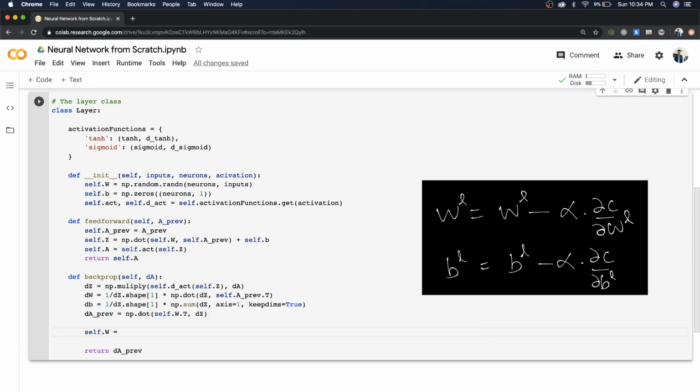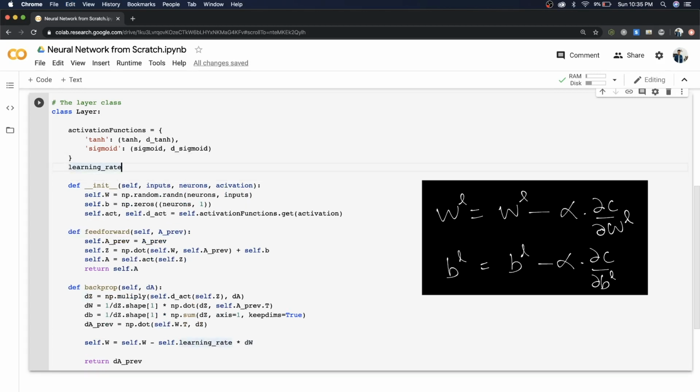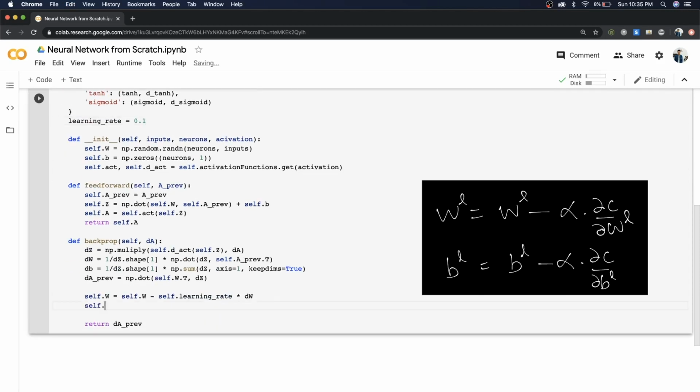So self.weights is equal to weights minus some learning rate times dW. I haven't defined my learning rate yet, so let me do that. I'm defining it as a class variable. Let it be 0.1, and similarly self.bias equals self.bias minus the learning rate times db.